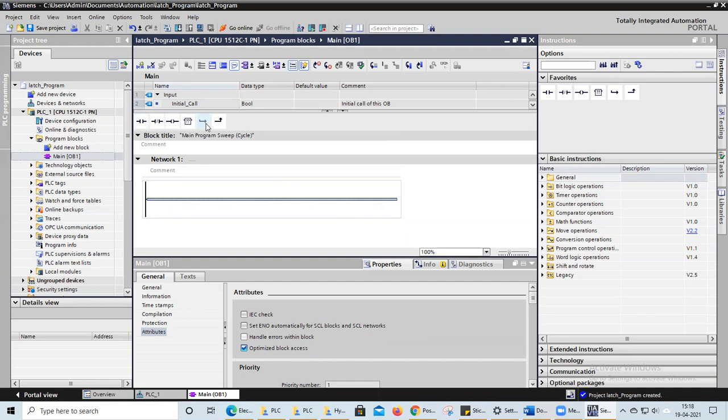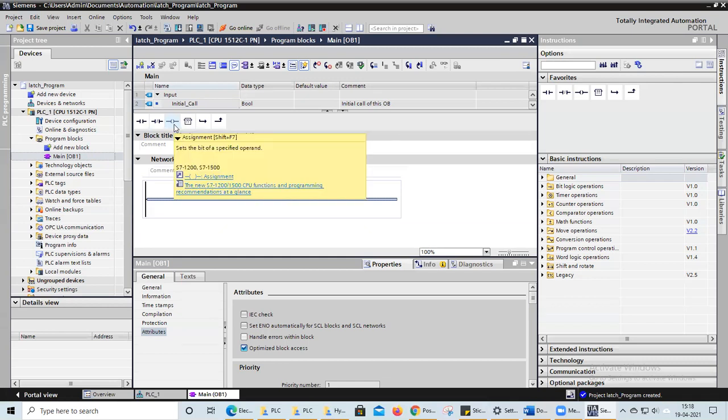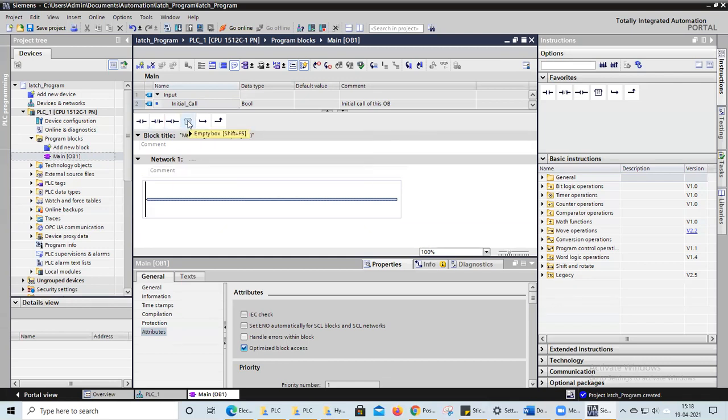Okay, here on the top you can see the switches are there, normally open contact, normally closed contact, and this is a coil where we can see our outputs. Regarding this block I will tell you. These are used in branch applications, for branching of opening and closing applications we will use this one.